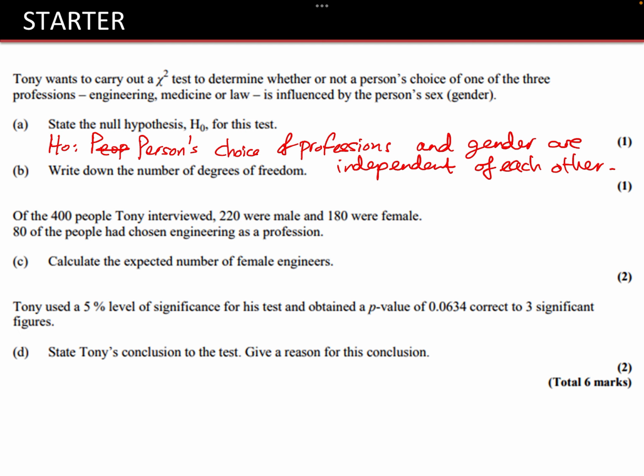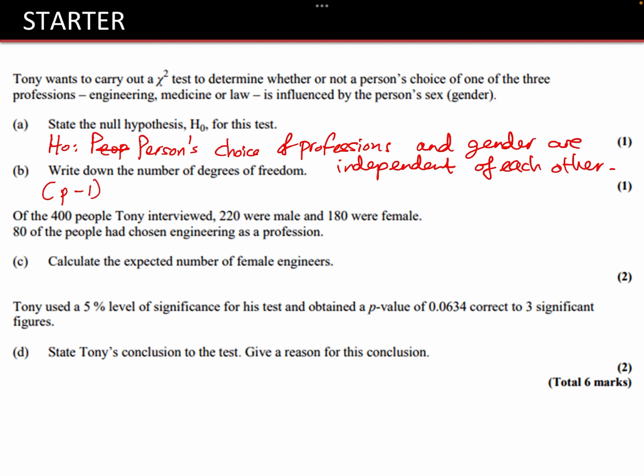But in this case, because there isn't a table given to us and we don't need to draw a table for this, we know that a person's choice has three options here, which is engineering, medicine, or law. So what we'll do is we'll take the professions in this case, which is three options here. I'm just going to call the number of professions P, and I'm going to subtract 1,